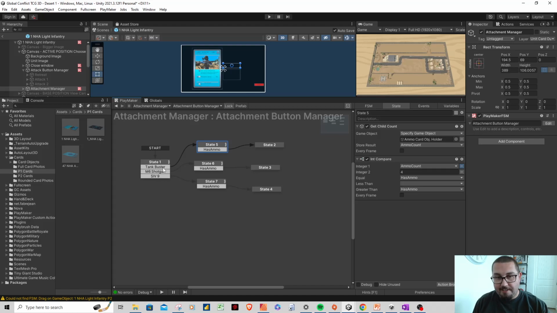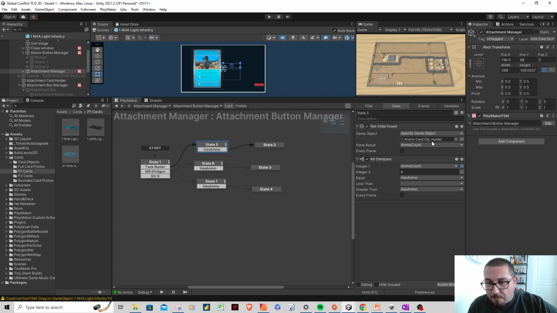So the first set of criteria is, does the unit have an attachment card on it? If yes, then it goes to the next state here. How many ammo cards do we have attached to this unit? Since all of the infantry attachments use universal ammo, you could use any type of ammo to power them up. I don't have to get specific about what type of faction ammo they're using, because it honestly doesn't matter. So what we do, we get a child count, like I talked about, of the ammo card object holder,